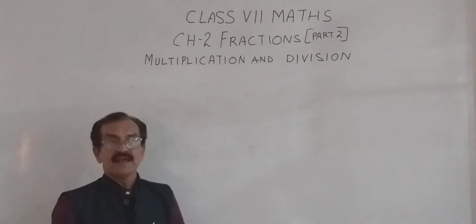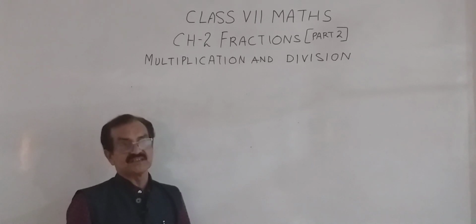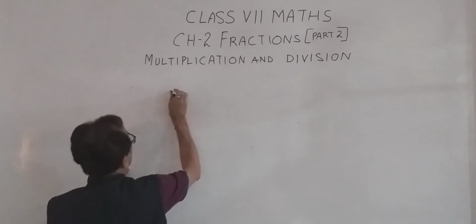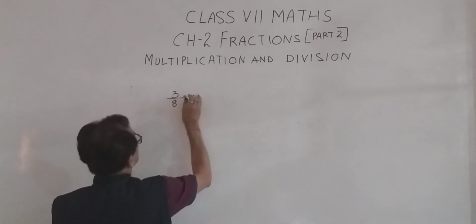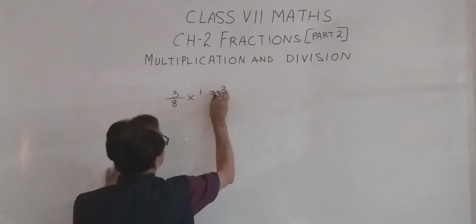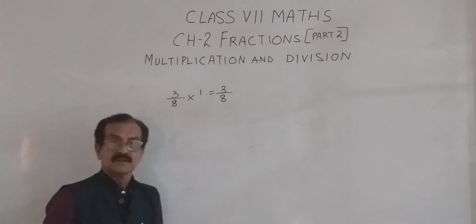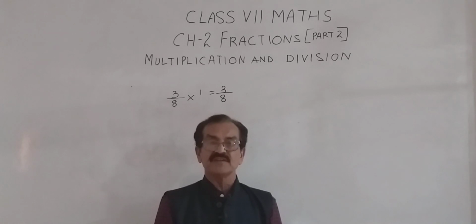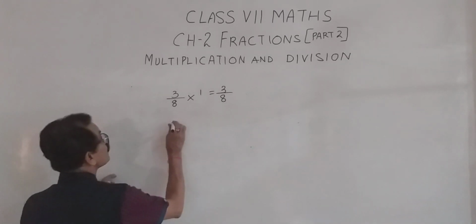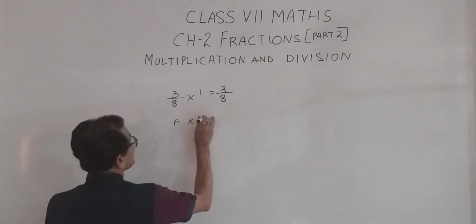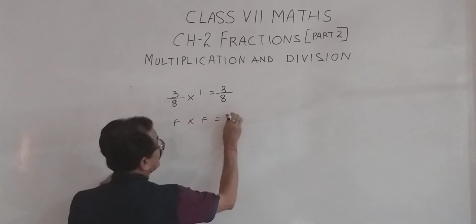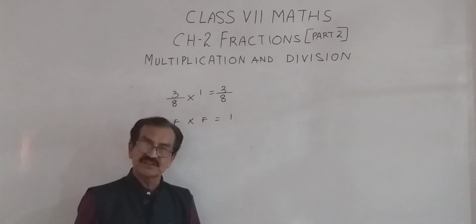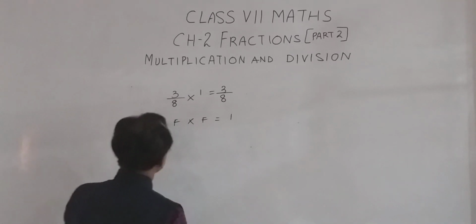Before we start division, let us understand the multiplicative property. Here, the multiplicative property of 1 says any fraction when multiplied by 1, the answer remains the same. Then we have the multiplicative inverse. Now, what is a multiplicative inverse? Let us see. Any two fractions, when multiplied by each other, giving us a whole number 1, then they both are multiplicative inverses of each other. Commonly we say reciprocals. Let's take an example.